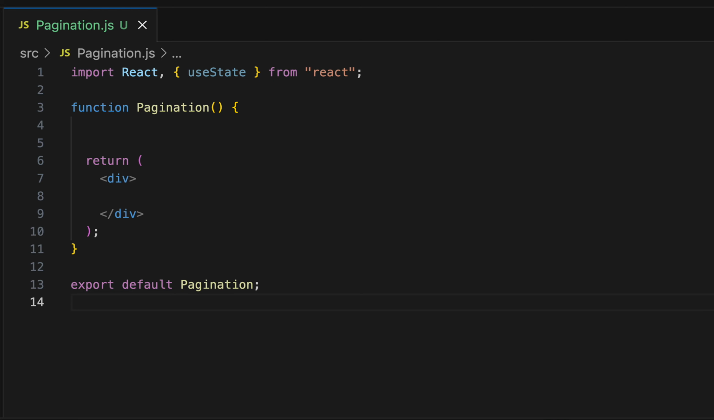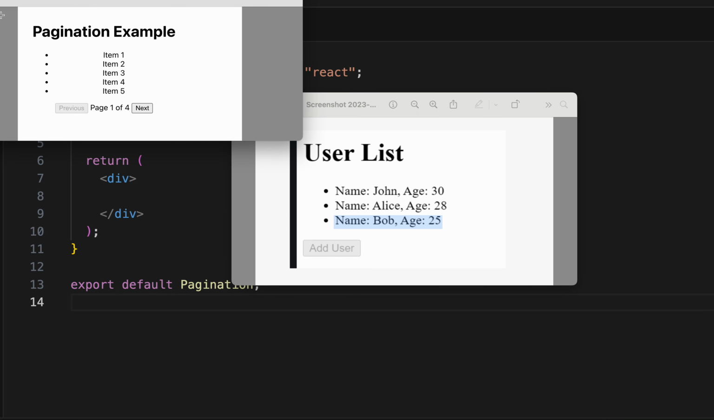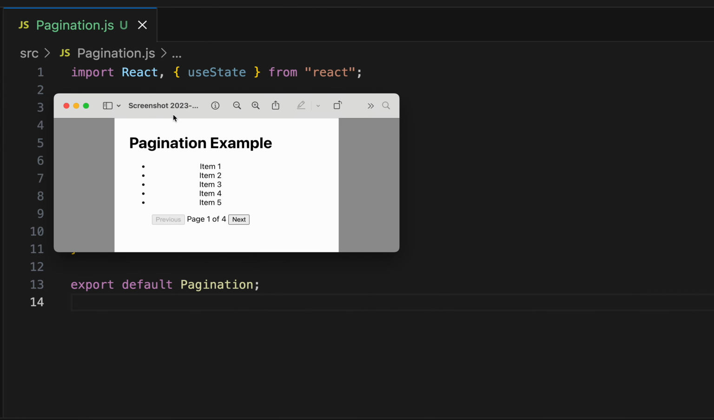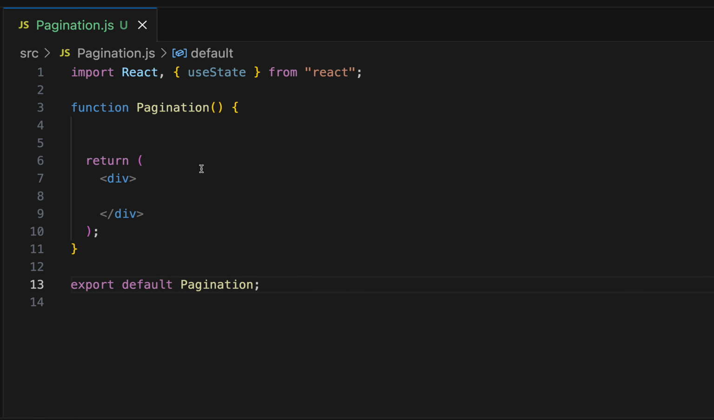Let's look into the React pagination example. So basically, the goal is to have this kind of pagination wherein we'll be having few items. Let's say we are having 5 items in the page, and the total items are 20. So 20 divided by 5 is 4, so there will be 4 pages. So once we click next,